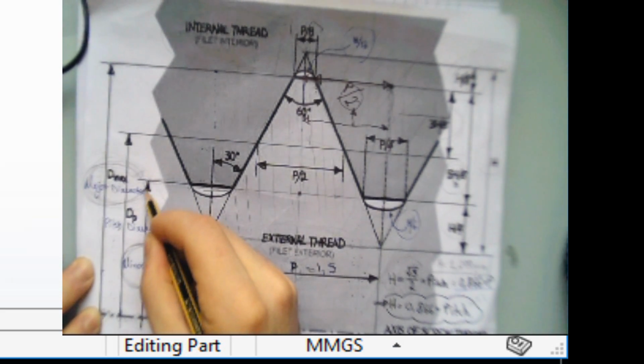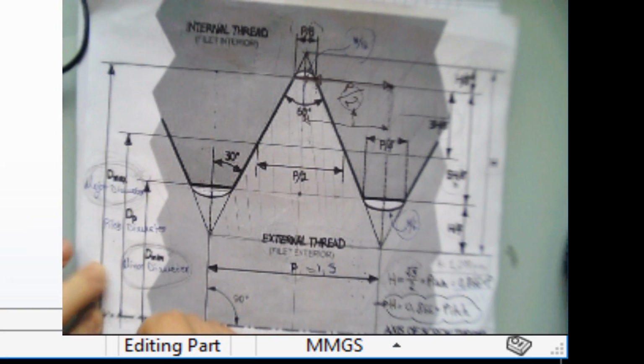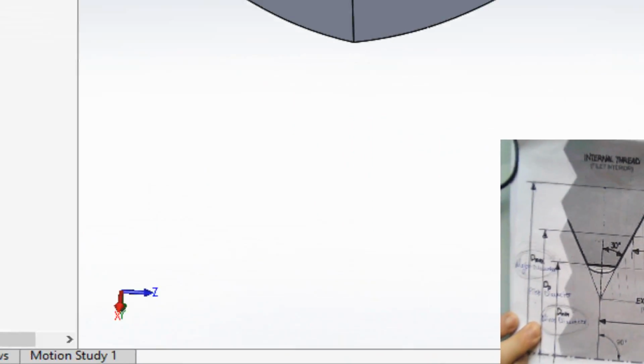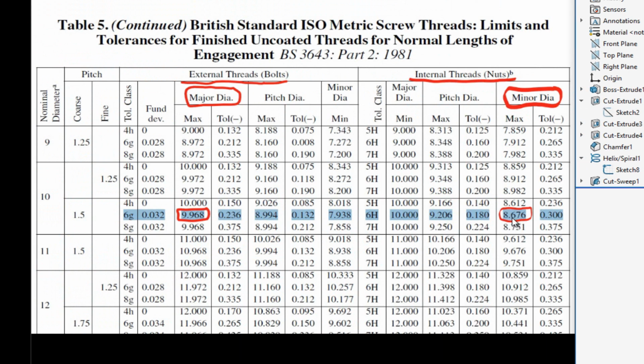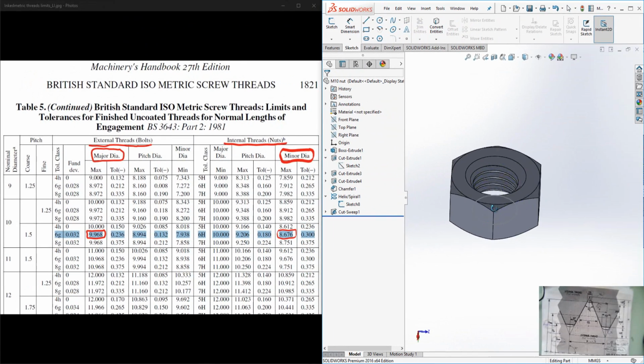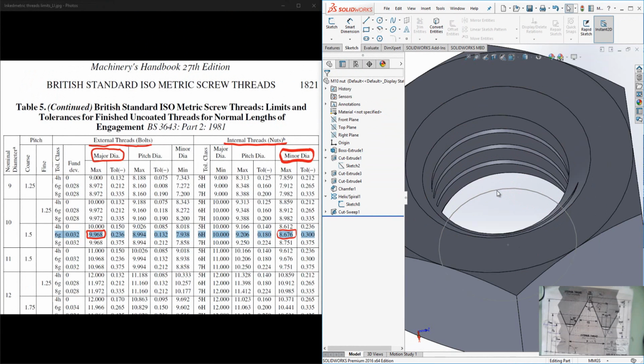So from here to here is my minor diameter, which is equal to 8.676 divided by 2. We divide by 2 because on the datasheet it is a half. Go to the nut file, click on this line, select height,